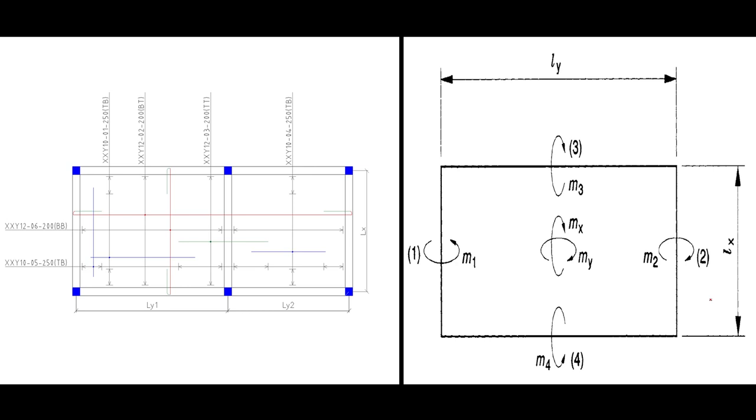If you compare the two diagrams, the one on the left is trying to explain the detailing of the reinforcement, while the one on the right is explaining the moment position. If you look closely, based on the explanation that I gave, you quite understand that you have reinforcement for MX